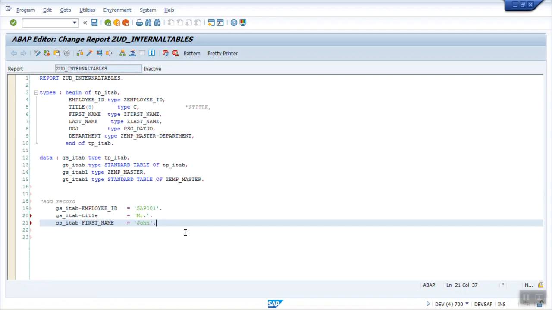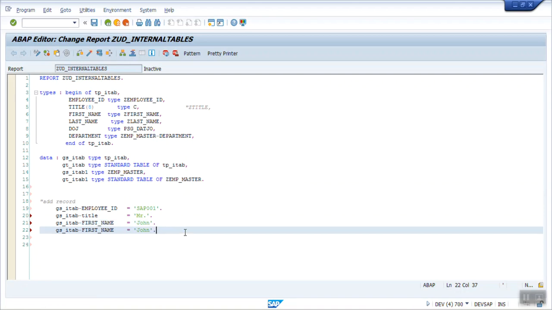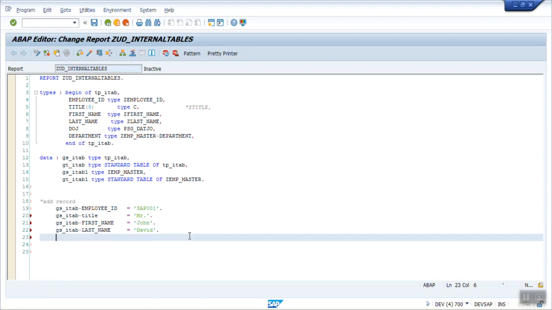To copy the same row below, Ctrl plus D, the line gets copied, and write the last name. Let's say David, and we have date of joining, gs_itab-DOJ.